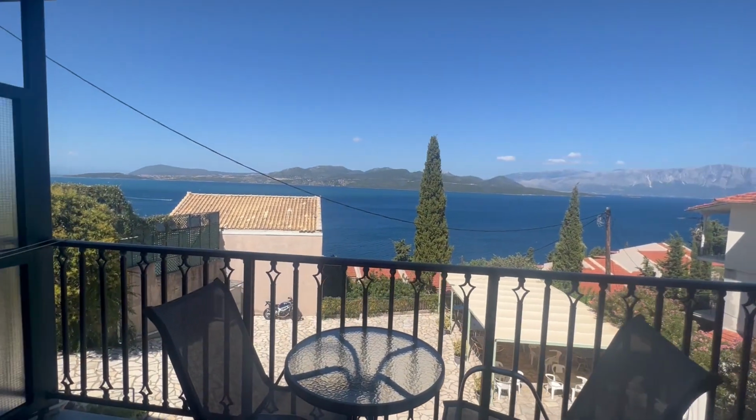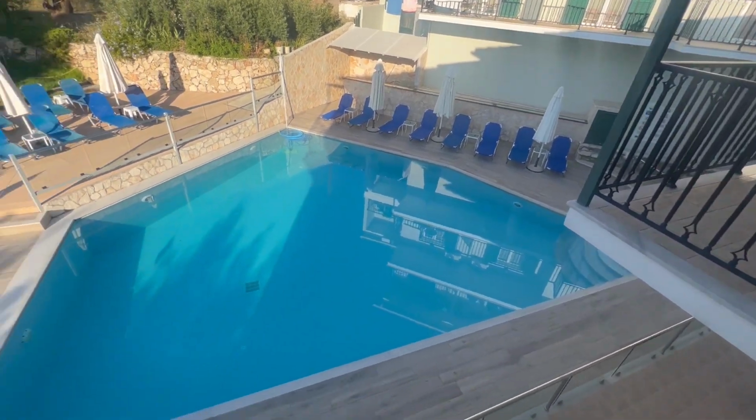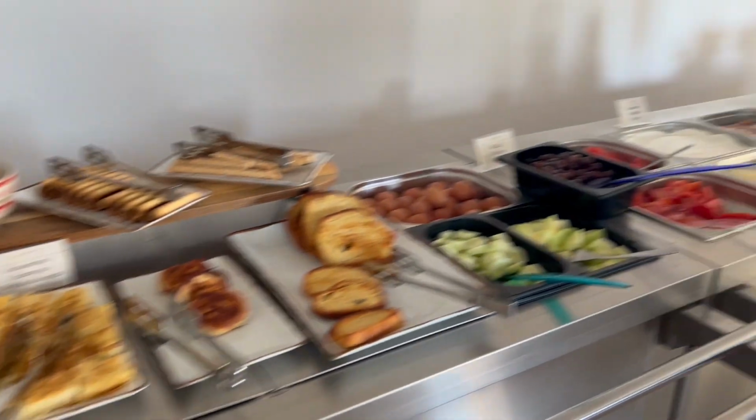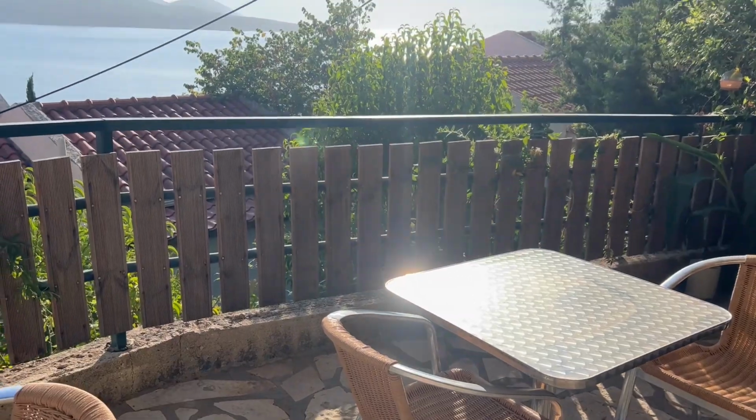So we are up early at 8 a.m. to go and get breakfast at the hotel. We are staying at the Virginia Star Hotel. And then we are off going to explore the island. Like I said, we stayed at the Virginia Star Hotel and really enjoyed our stay here. There was a pool and another amazing breakfast was included. They only got better and better, and we enjoyed it with a great view before setting off to explore the